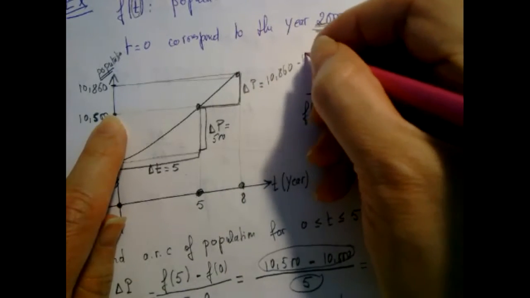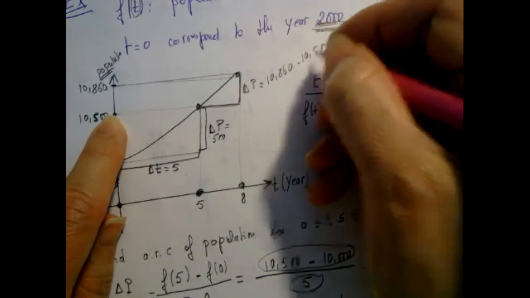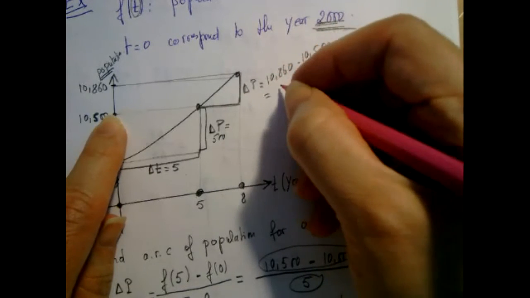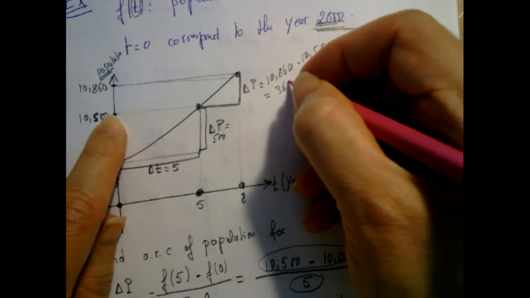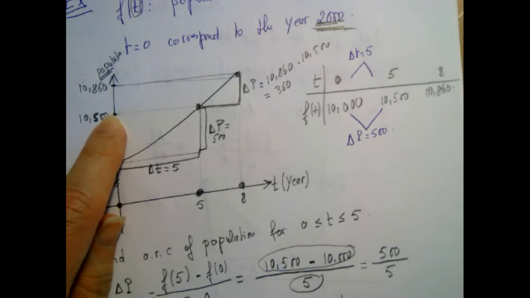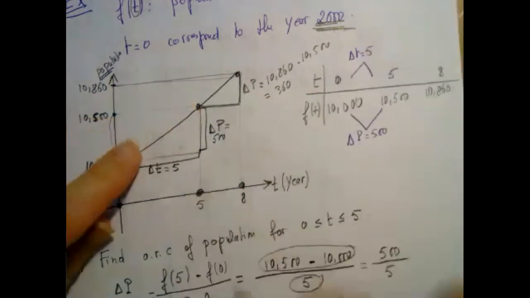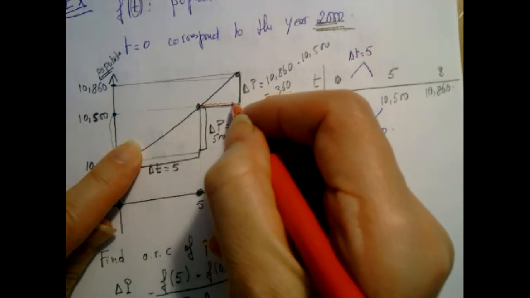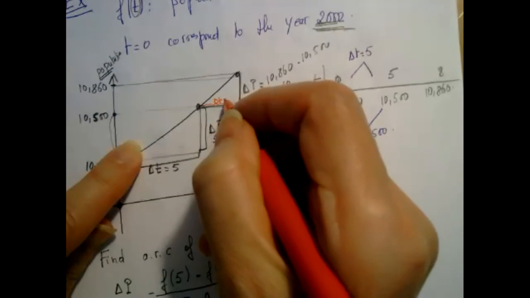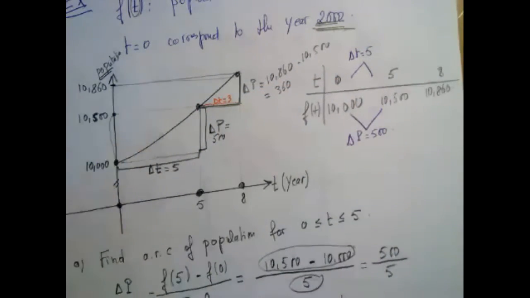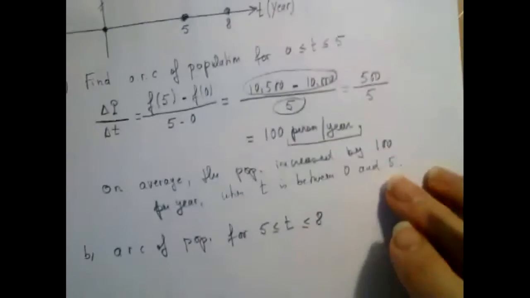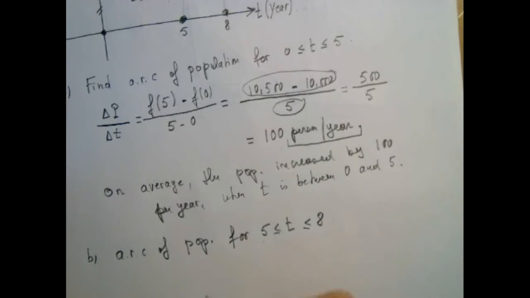10,860 minus 10,500. It means the population grew by 360. How long did it take to grow? That's the change in time. So that's the change in time in this case. It's equal to 3 in this particular scenario. So what's the average rate of change? The average rate of change is